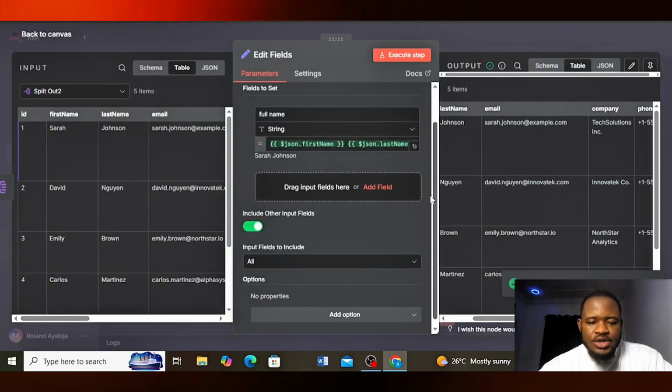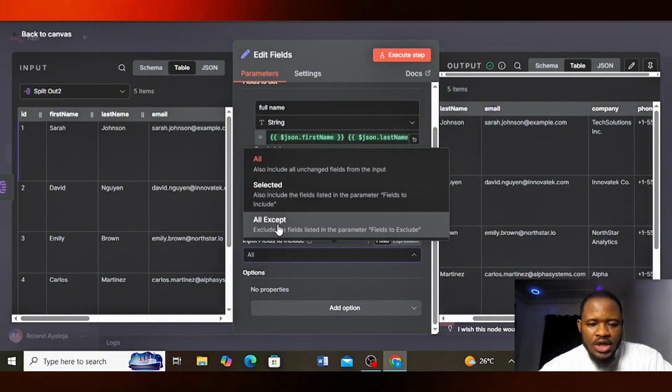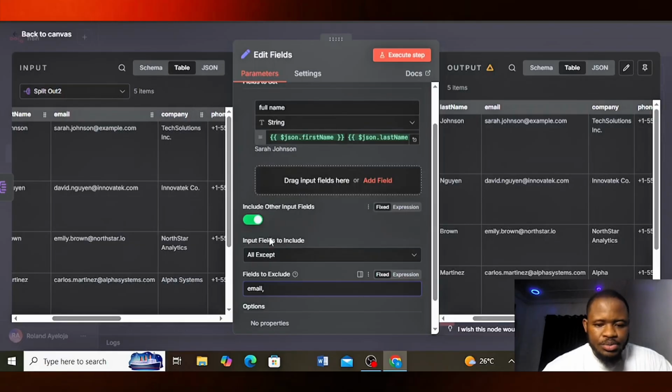Now you can always customize too. You see this input fields to include. So let's say all except. You can see it's asking what fields you want to exclude. So if I want to exclude the email, and I want to exclude company,